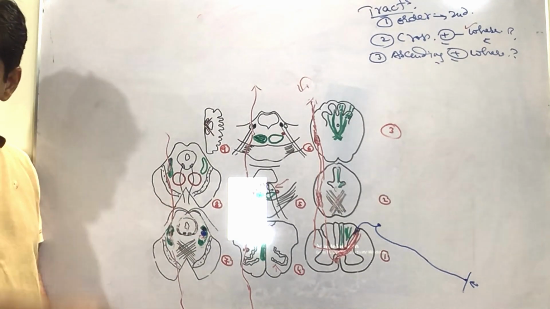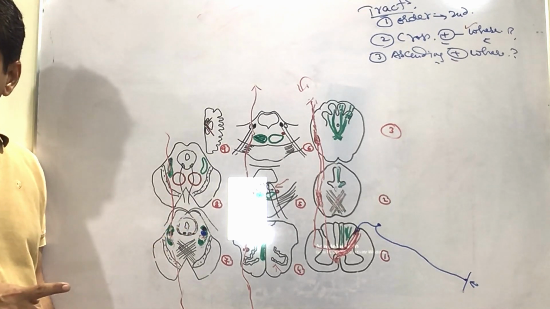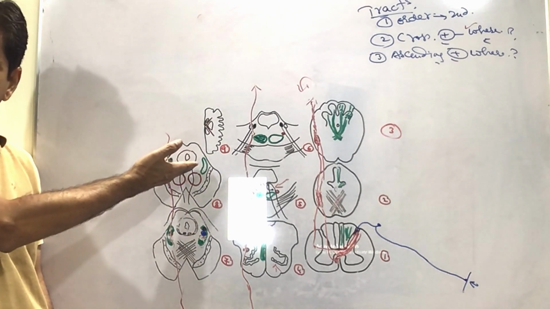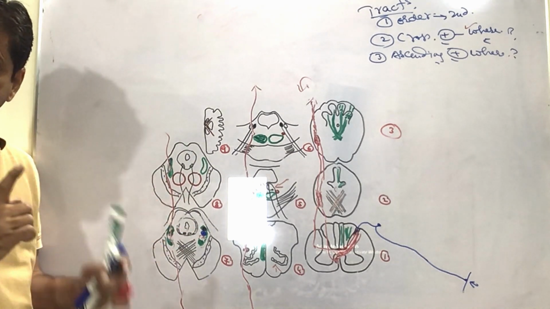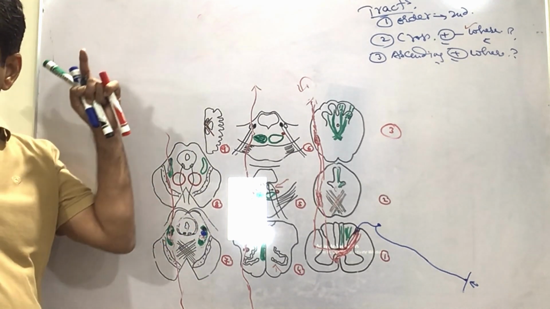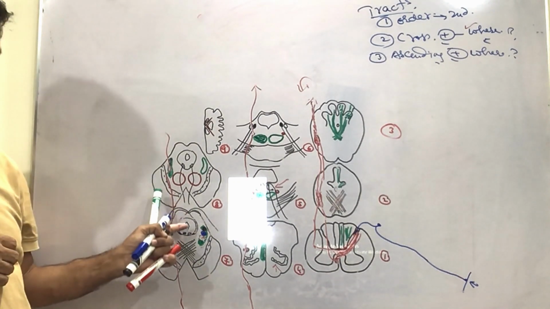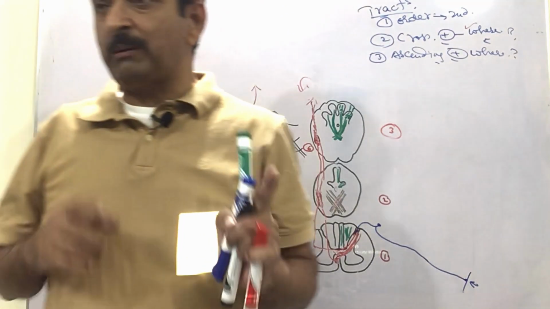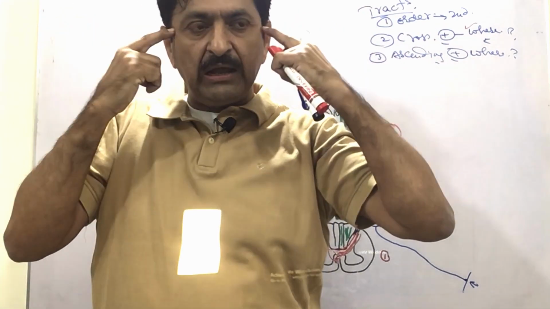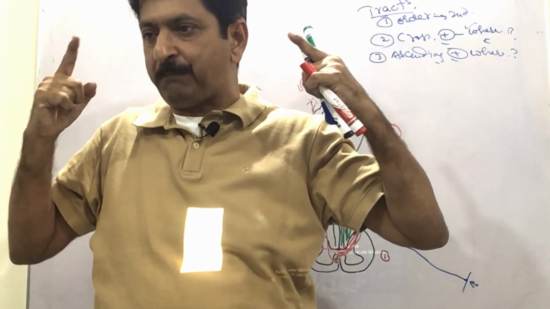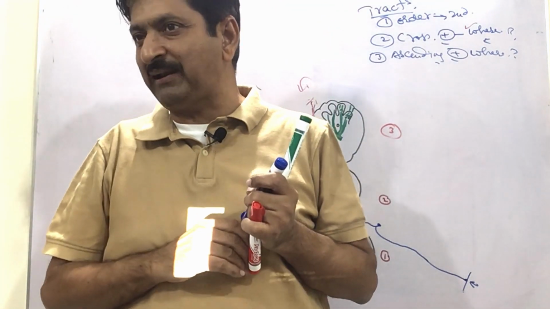So the black color is what? Lateral lemniscus. And the lateral lemniscus will carry itself to the midbrain, and it will disappear by going through the brachium. Which brachium? Inferior brachium. From the inferior brainstem, it will go to which brachium now? Inferior. So if it has disappeared from the brainstem by passing through the inferior brachium, will it be present in the superior midbrain? No.